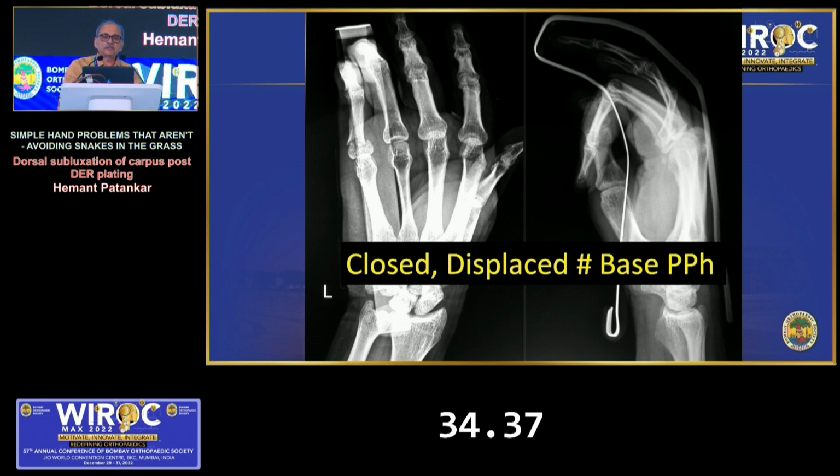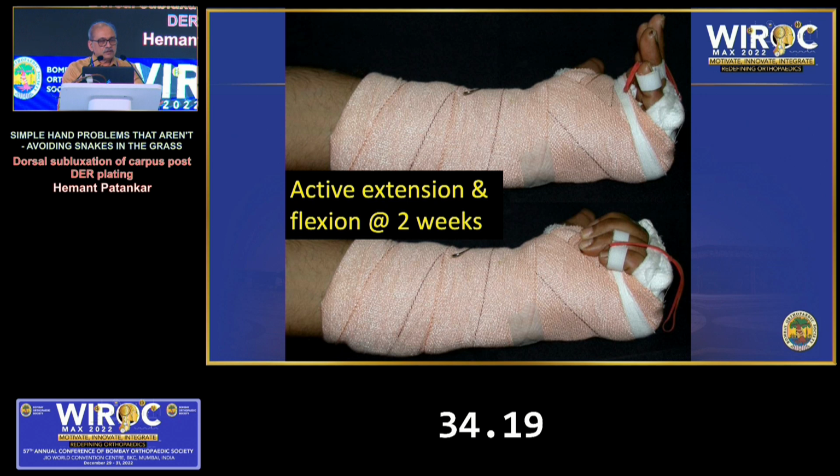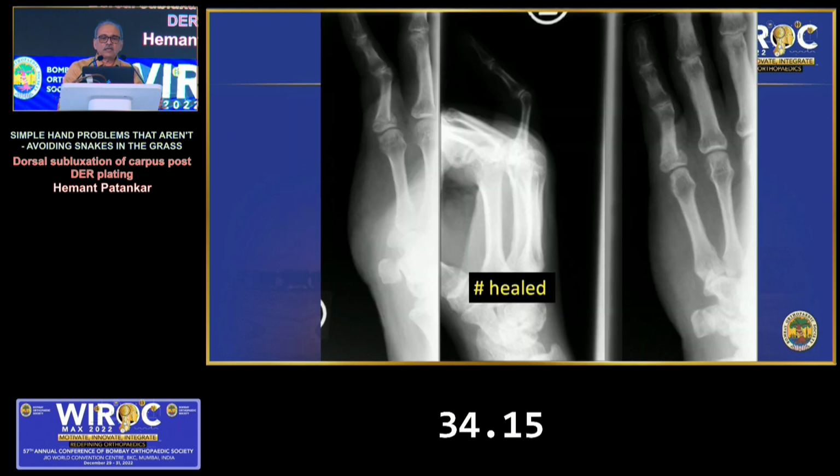Now this patient, so what do we do? This patient is a case of a closed displaced fracture of the base of the proximal phalanx. This is treated with closed reduction and traction in flexion. You keep this for about 2 weeks, let the patient become painless, and then you start with active extension and flexion after 2 weeks. And even if the fracture is slightly malunited, as in this case, the fracture heals, but